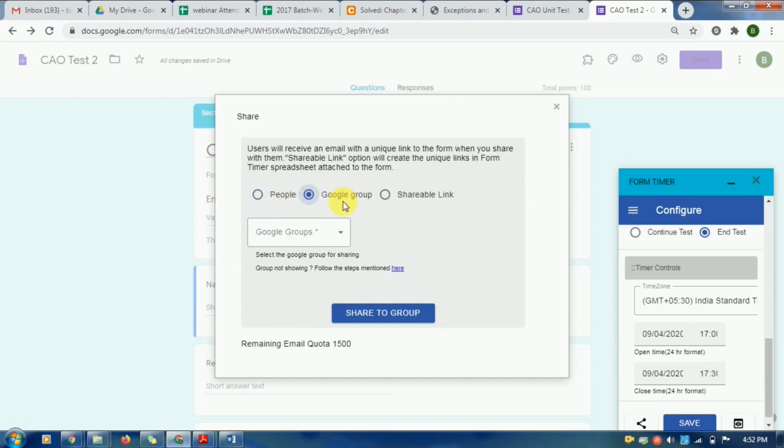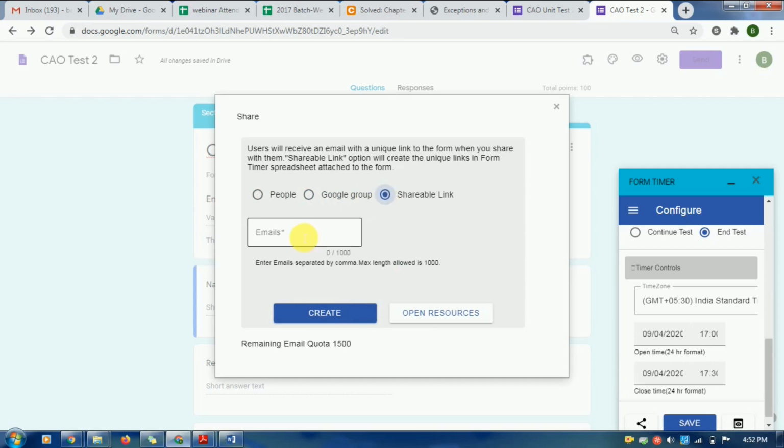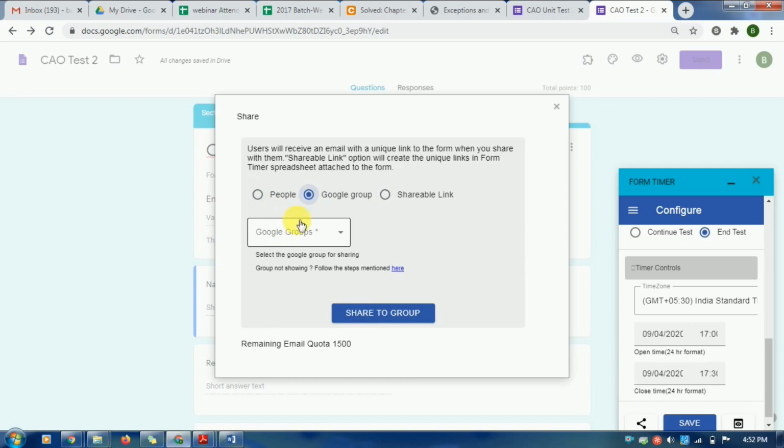The Google group already contains the individual students' mail IDs, so it will go individually. Otherwise, you can generate a shareable link by copying all the mails here. First generate the link, then you can share it with the students. Normally the easiest way, if you have a Google group, is to enter the group name here, so the invitation goes easily to the individual students.